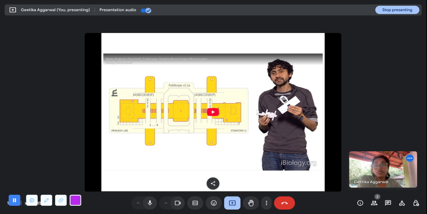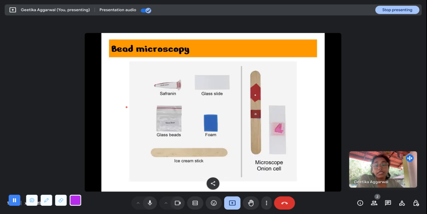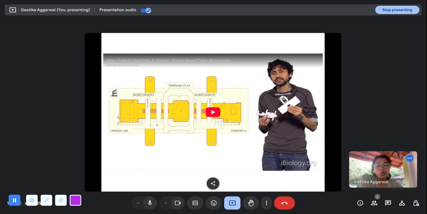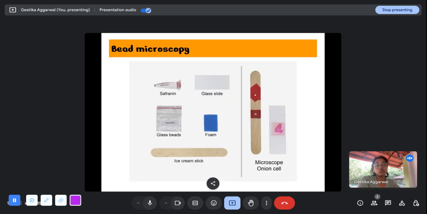So this was a little bit about Professor Manu Prakash and his Foldscope. Basically, as I explained, there are these three parts: one which is the sample holding stage, one which actually contains the lens, and one which has the LED to provide the light source to view the image. And then they give you these cutouts, you can cut them out and fold them together, and that's why it's called a Foldscope. So that is what the inspiration was for this normal bead microscope